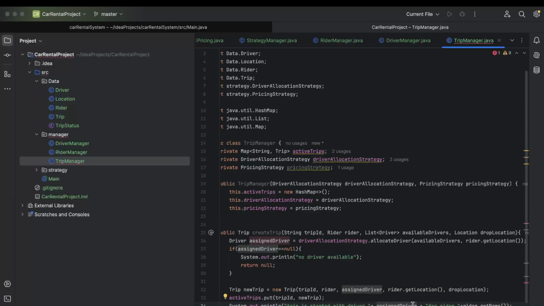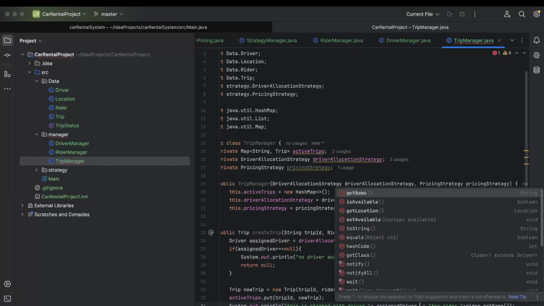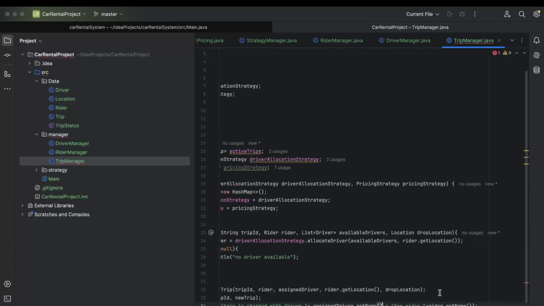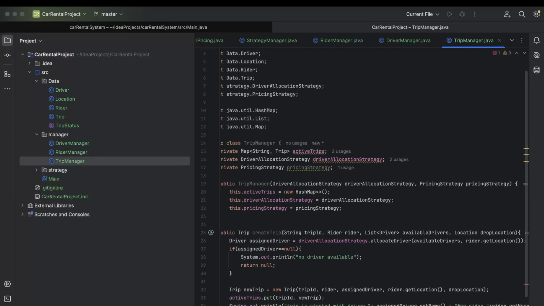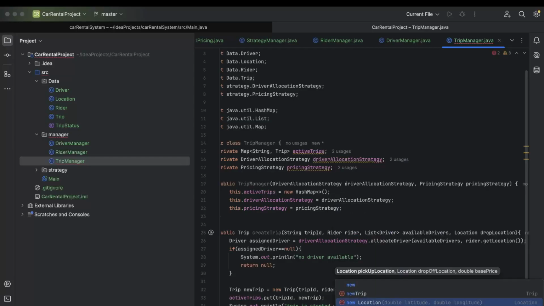Okay, and here also let me get the name just to make things simple. Once this is done, the next step would definitely be to calculate the price. Now whenever you want to calculate the price, at the same time we have to use the pricing strategy, right? So we'll use the pricing strategy, and here I would want to get the new trip